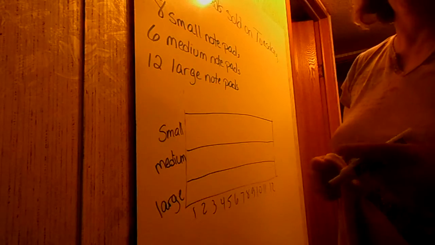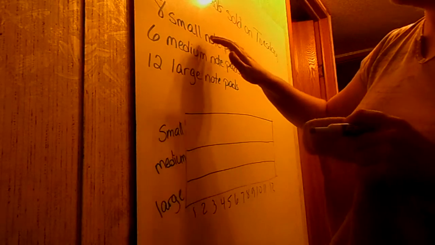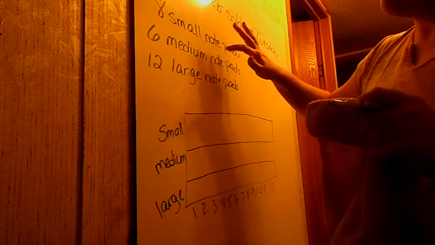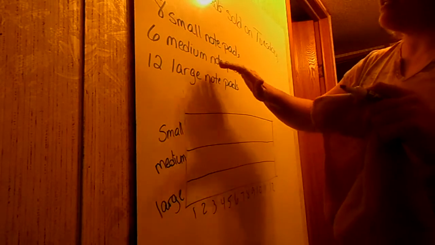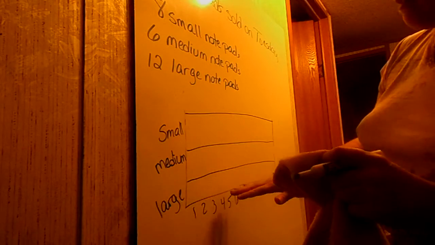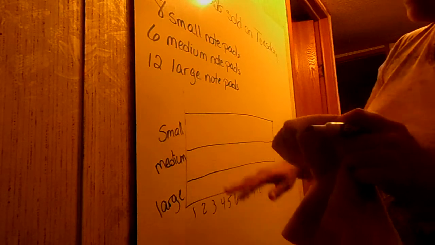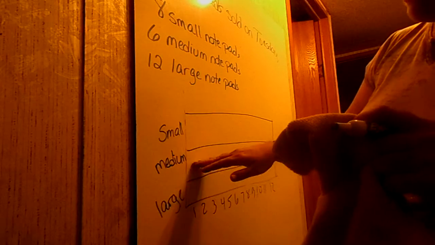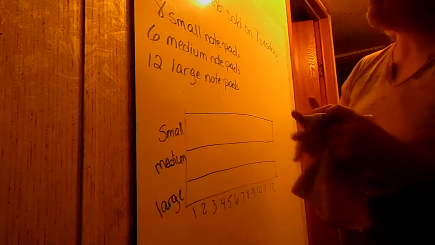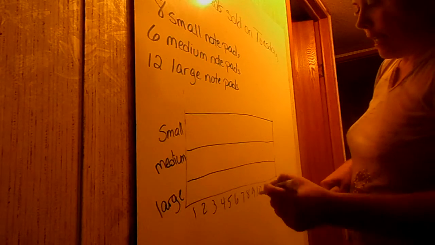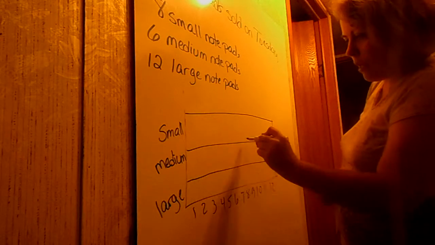We're going to learn how to do graphs. Our graph is going to basically show notebook pads sold on Tuesdays, and we're going to make a graph of 1 through 12, and the category is large, medium, and small. Our small notebook pad sold 8, so we look for 8, and we go to small,